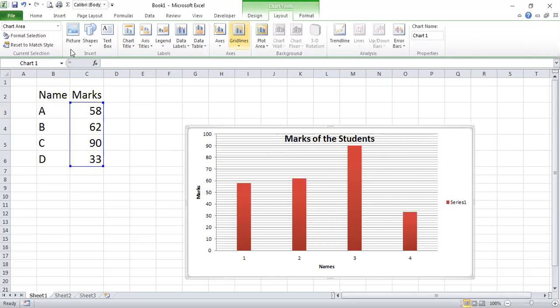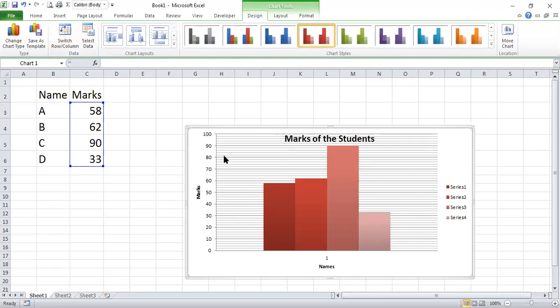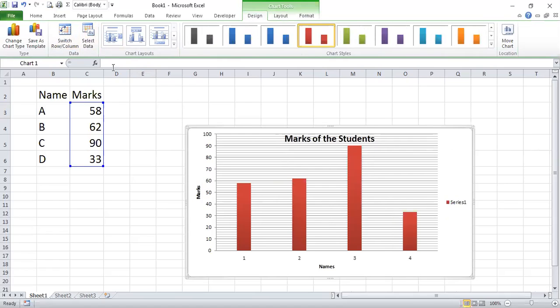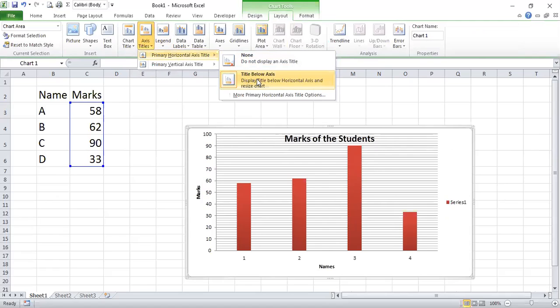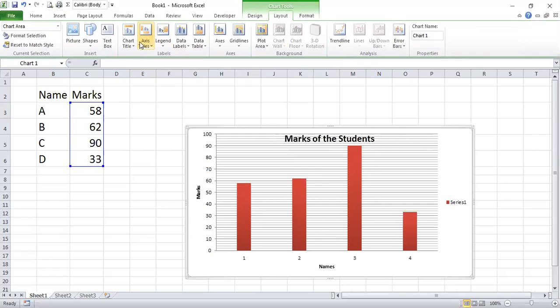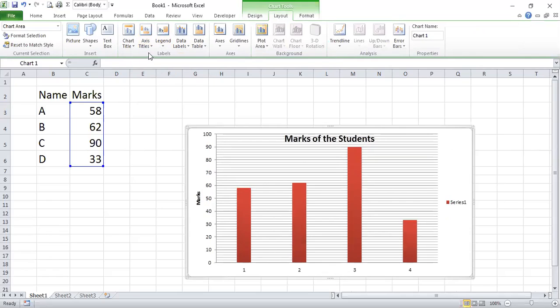So this is how we change this. Then next is the category axis title. You want the title below the axis, or you don't want the title, so that title will be removed.